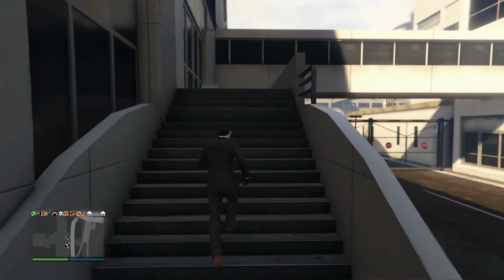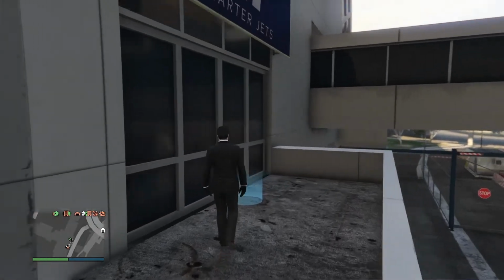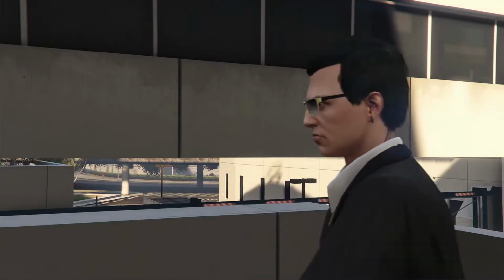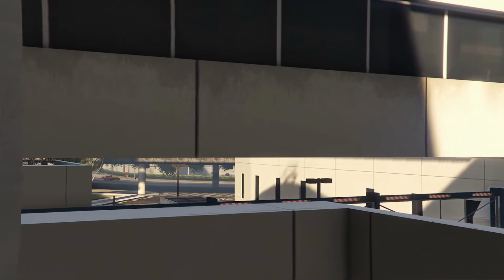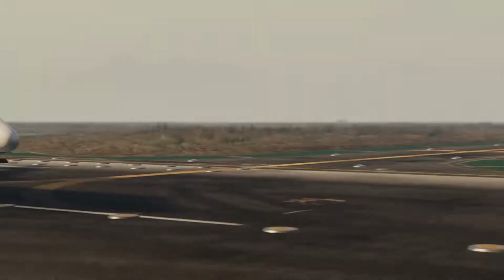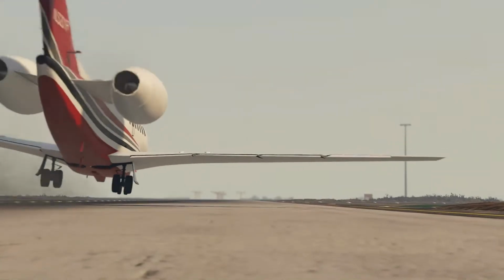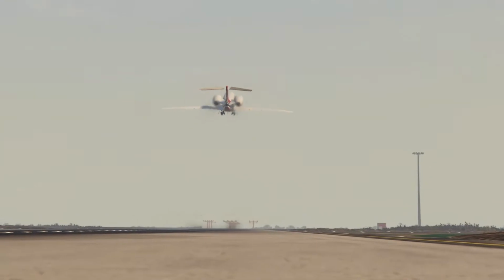Hey everybody, welcome back. Today we're going to be hanging out at the awesome and beautiful island of Cayo Perico. Now, normally we would go down to party, but instead today we're going out to check out some of the races that they have that was added in the last update,